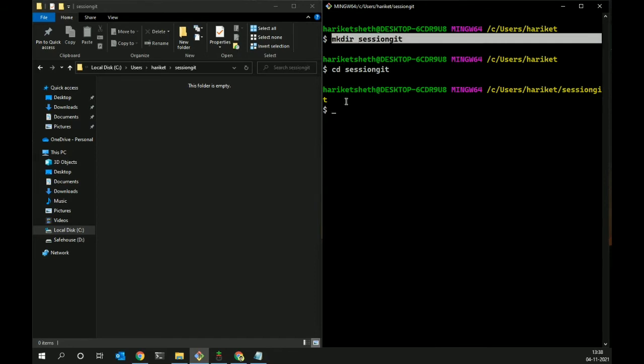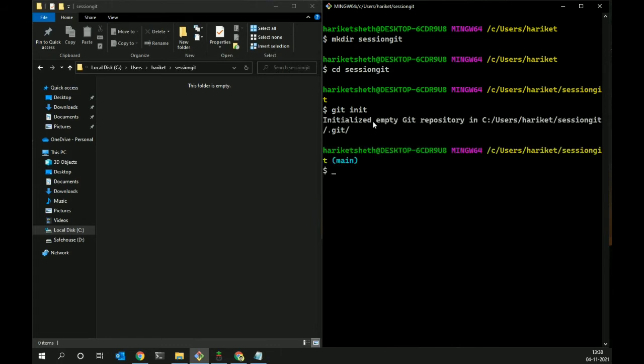Okay, it's not a git repository. It is not a git repository till now. It's a normal folder which you create. In your systems you would be very familiar with that, but this is not a git folder. It's an empty folder, right? So what you should do to make it a git repository, you should type the command git init, which is your first and foremost command which you should know in git. Git init basically means initializing a git repository.